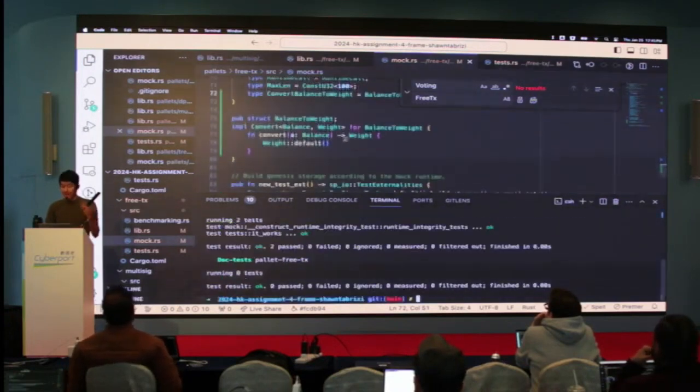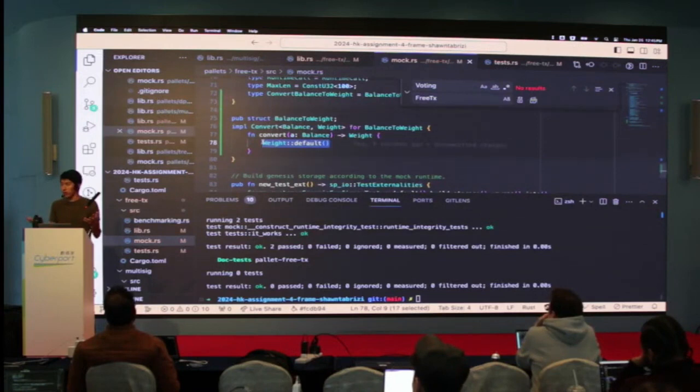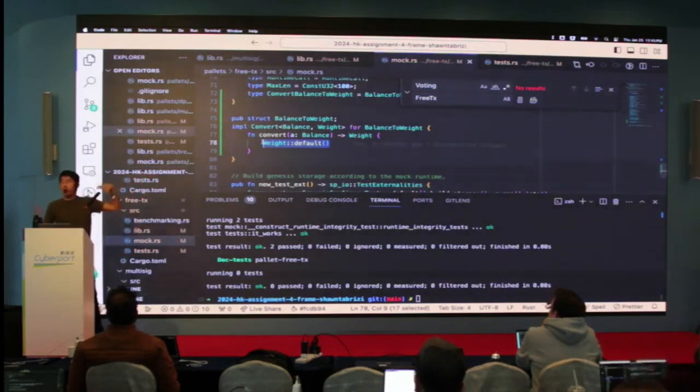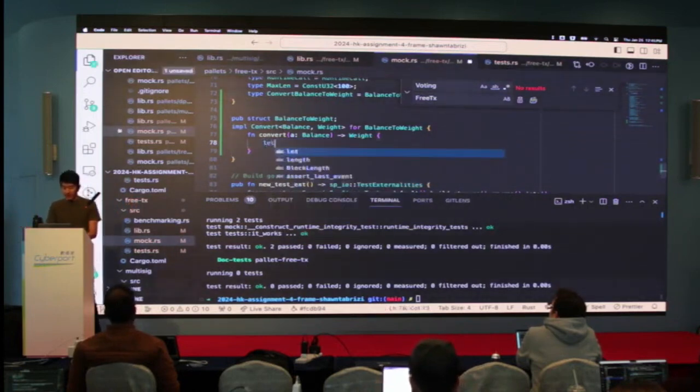So now, finally, what I might do here is actually do some logic. This is where I can put whatever logic I want. So let's assume a one-to-one conversion. The issue again in the runtime is that you know the types. You know Balance is u128, and you know Weight is two u64s. So what I would have to do is this: I would do let balance_saturating